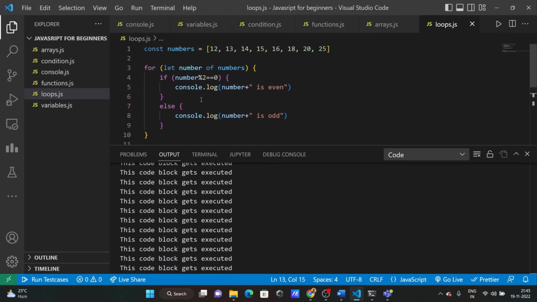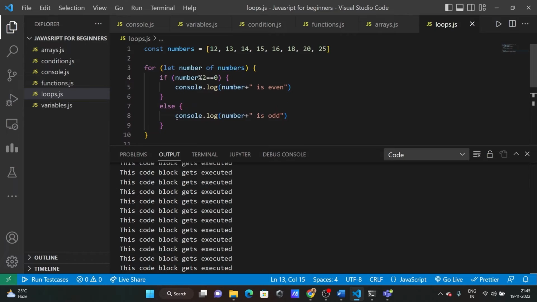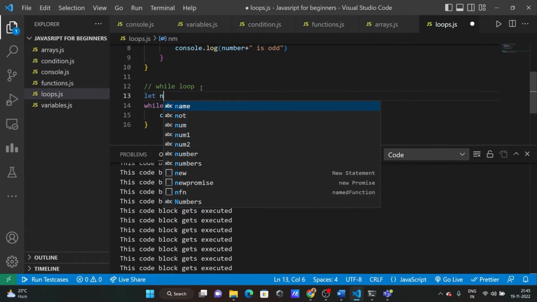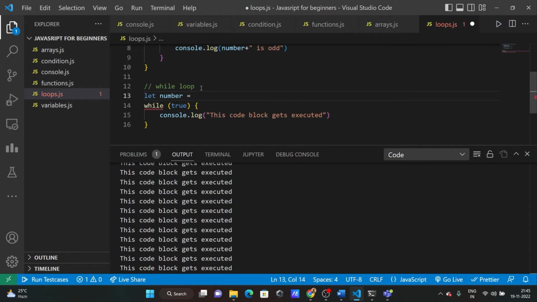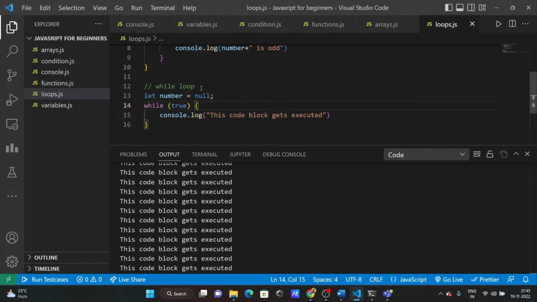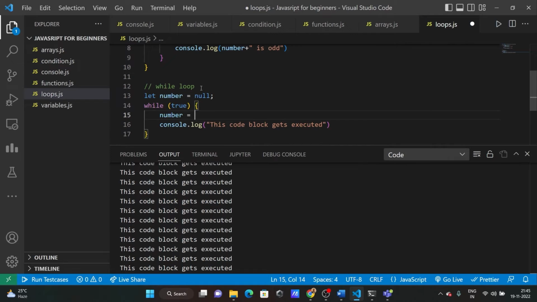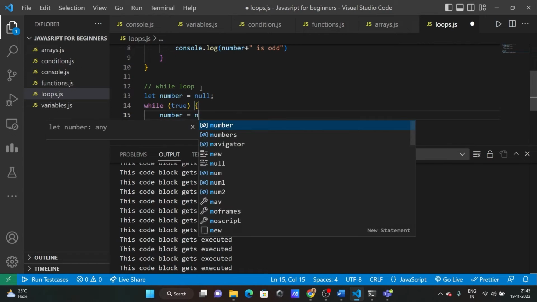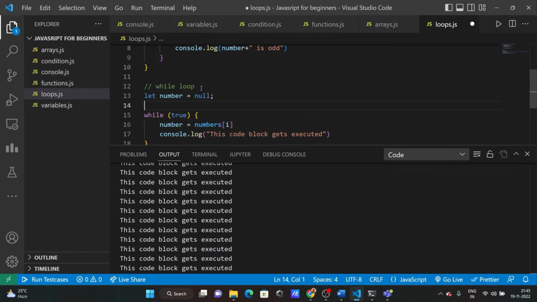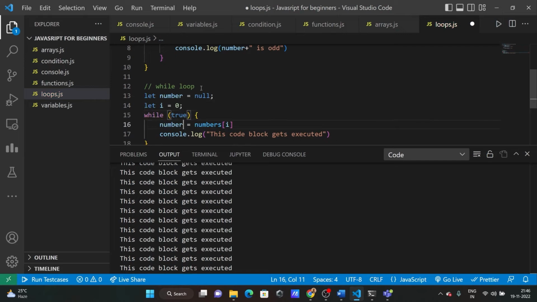So let's run the same function. Let's do the same code in the while loop. We can do it. For that, I'll just initialize a variable called number over here. Number, I'll give it null. And then here I'm getting number from index, numbers of index, which is i. I'm initializing the same thing here. Let i is equal to 0. And